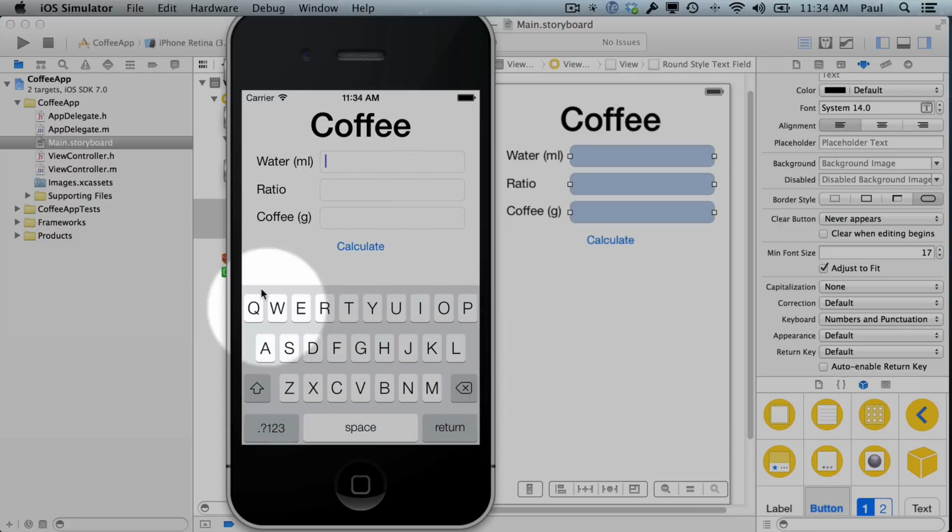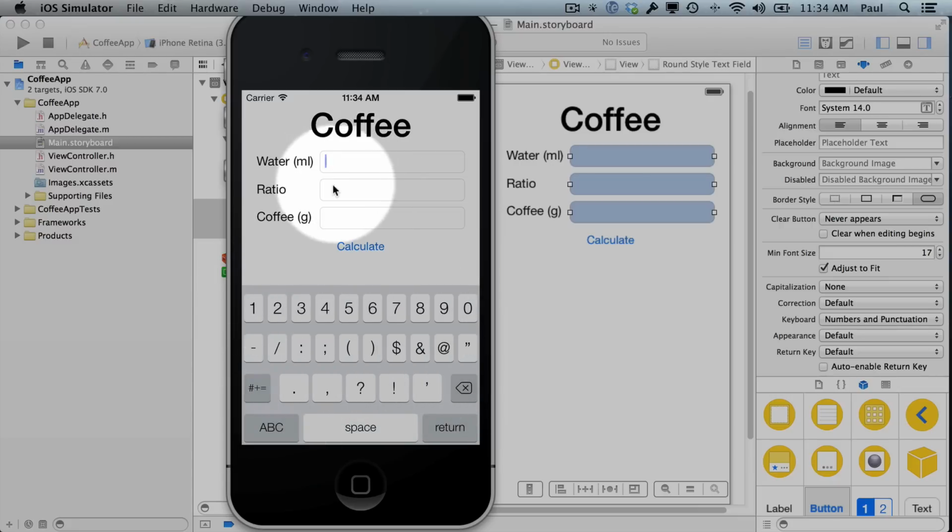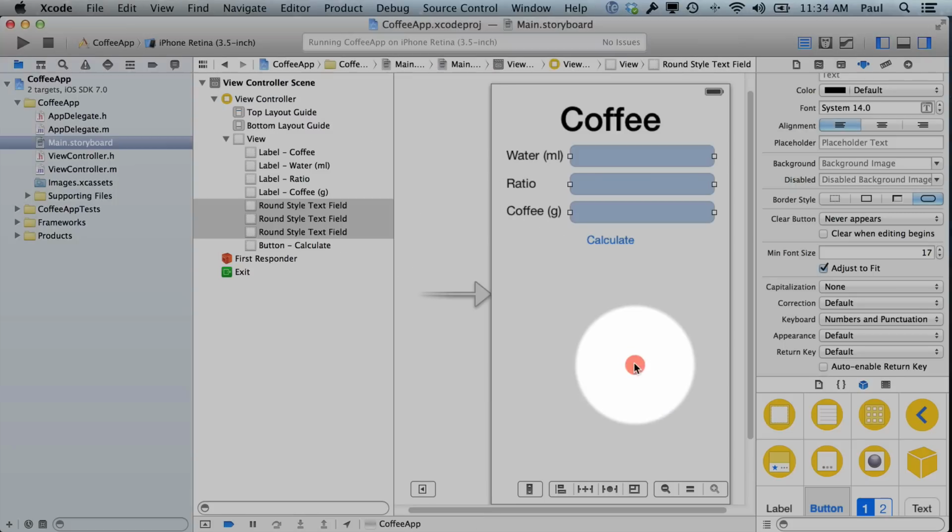And if I want to get ABC, I can get to that. But it makes sense to have numbers here because the user is going to want to type numbers when they first come to the application. So nothing's happening right now, and this is where we're going to connect all of this to our code,